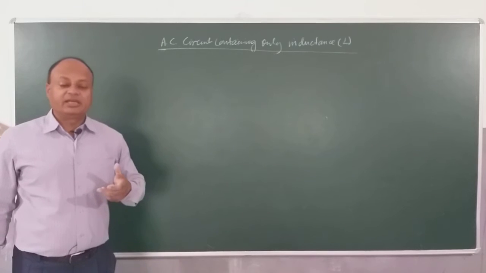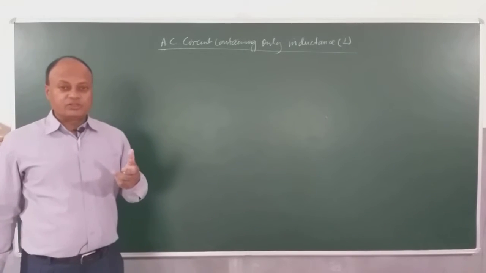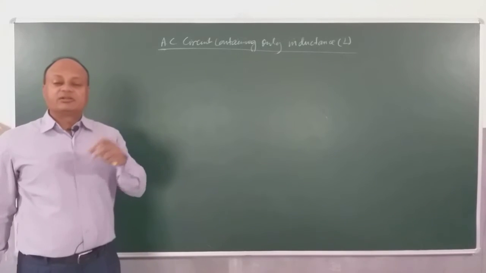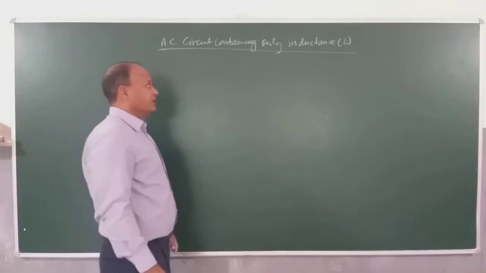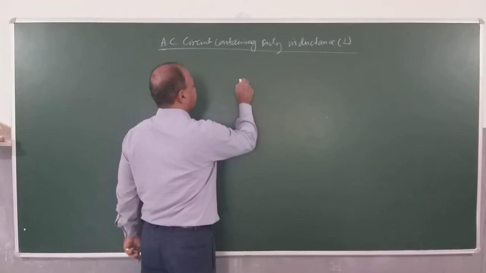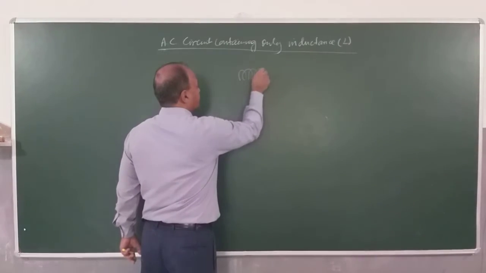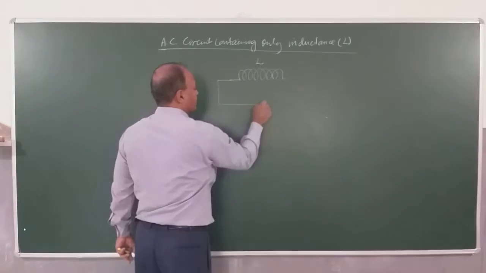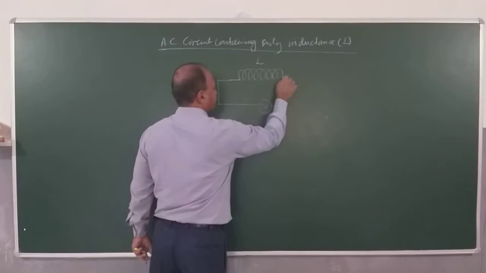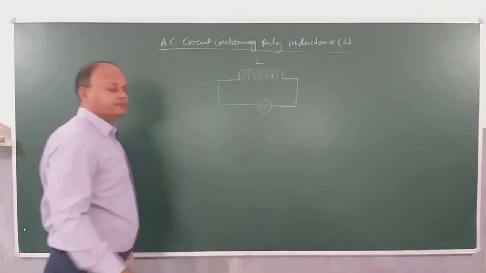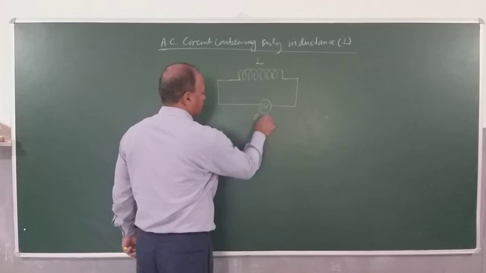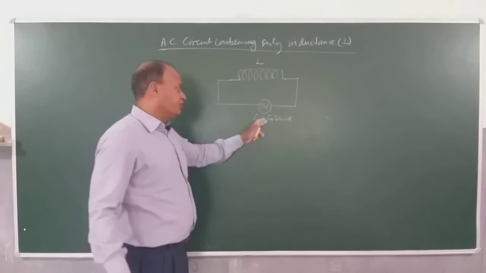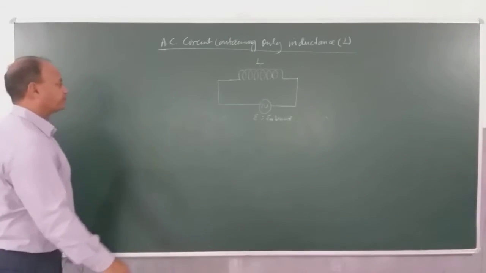So here we are talking about applying AC voltage to a circuit which has zero resistance. So the question is, how can current be stabilized without any resistance? Now this is a very key thing you have to understand here. So we have an inductor here. Inductance of the inductor is L. You already know what L is. We have discussed it in electromagnetic induction. And here we are connecting a source of AC. Clear? So here we will say we are applying a source E equals E naught sin omega t. If you do not want to write E, you can write V equals V naught sin omega t. Basically the result will be the same.